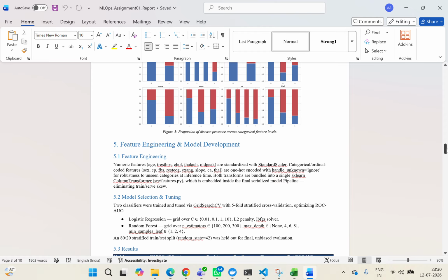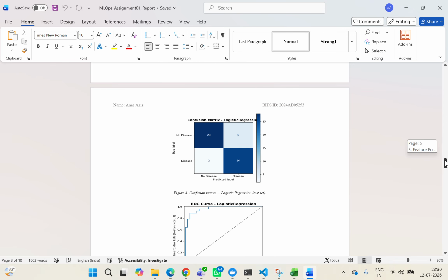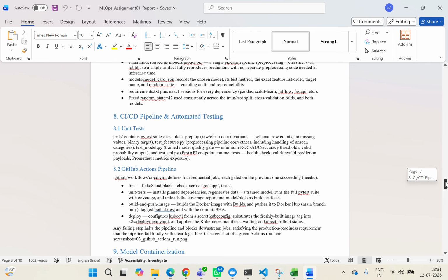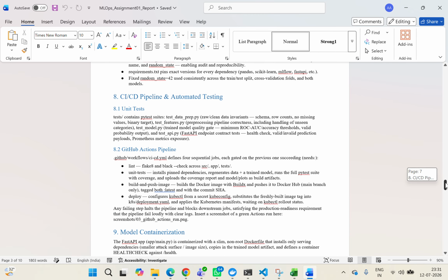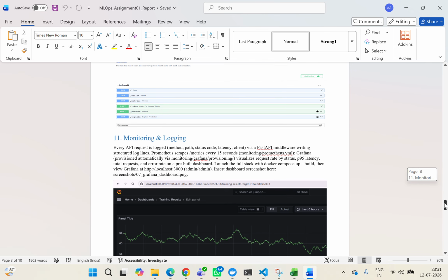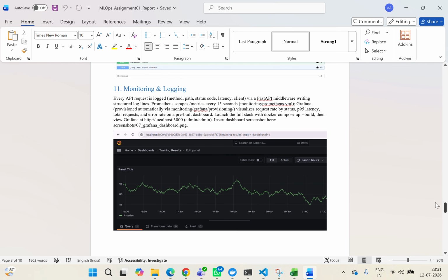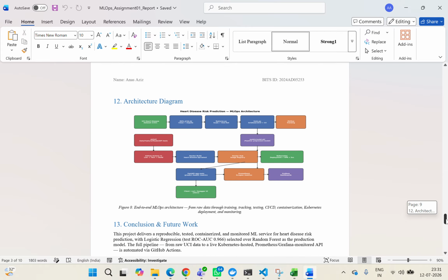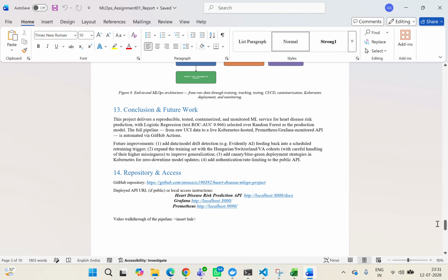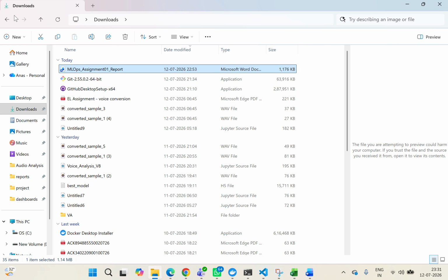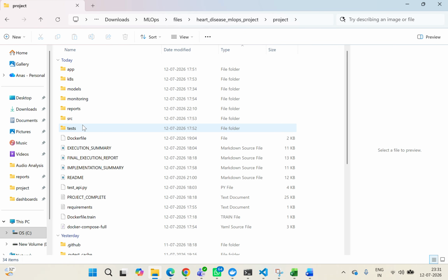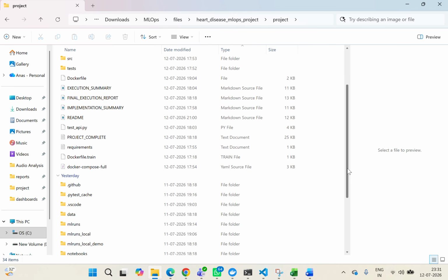Here we have a confusion matrix and the ROC curve. And this is the detail of the CI/CD pipeline. And this is the monitoring log we have covered in Grafana. So this is the behavior, how it works. And this is the overall architecture. And if I show the final report,